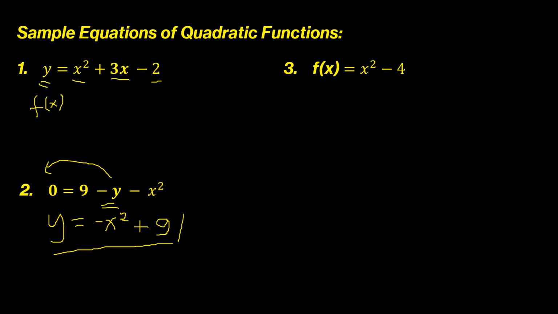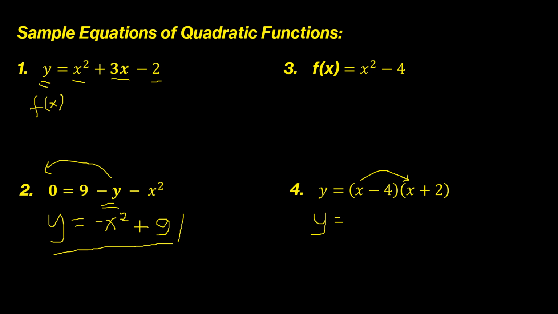Another, f of x equals x squared minus 4, or function of x equals x squared minus 4. Also, y equals quantity x minus 4 times quantity x plus 2. So this is a quadratic function because although it doesn't seem to have a quadratic term, if we multiply the binomials by applying the FOIL, or first, outer, inner, last, method,